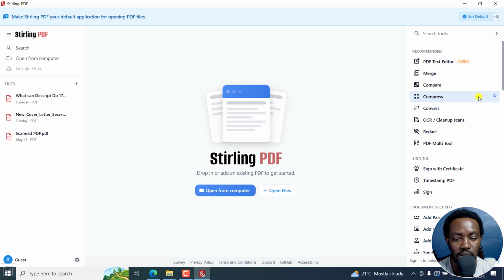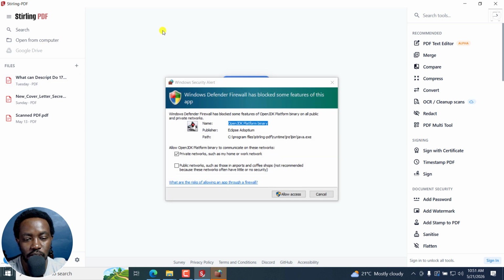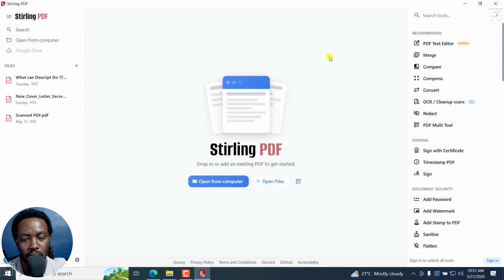And this is what Starling PDF looks like. Super simple right here, and you can make it your default by clicking on this, but let me just click on close. So this is what the interface looks like. You can just allow access for this as well if you get that prompt, because I'm on a private network. And you can see a couple of things that are recommended: PDF text editor, merge, compare, compress, convert, OCR